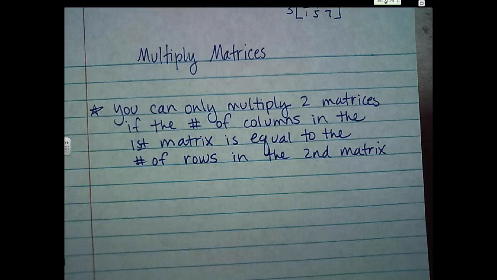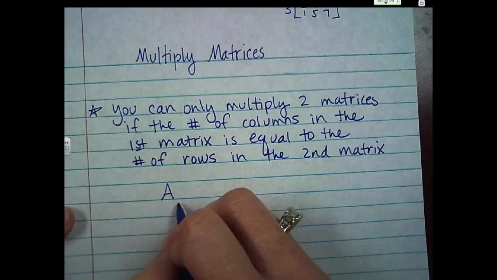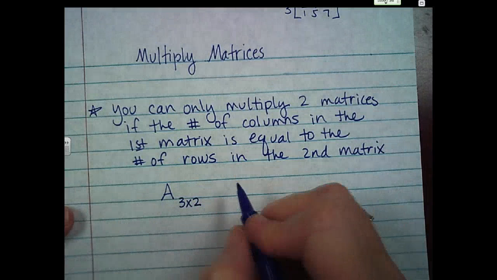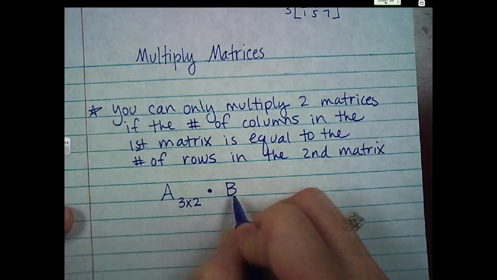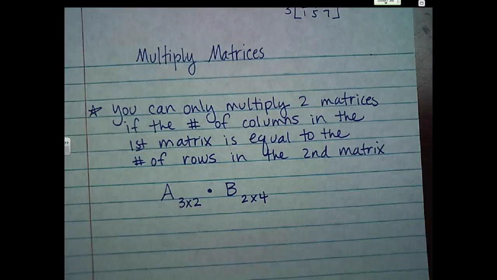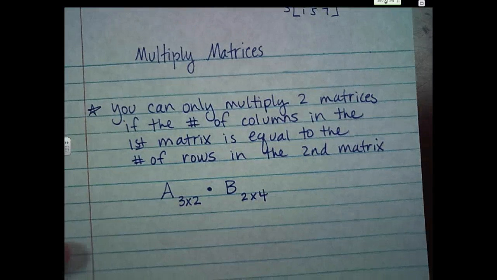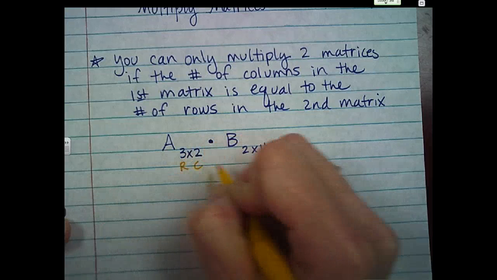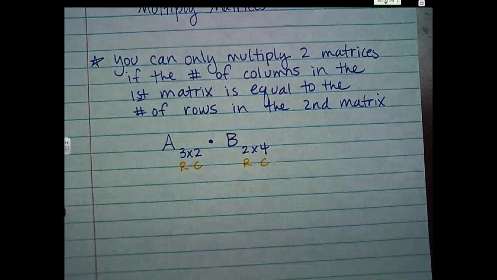Okay, so this is what it means, guys. You can only multiply two matrices if, for example, what if I gave you a matrix A, and we're going to call it a 3 by 2, okay, and I'm going to try to multiply it by matrix B, and it's a 2 by 4. Remember, we use the little RC trick, right? So this is RC and RC, like the drink, right? RC Cola. Rows columns, rows columns. And